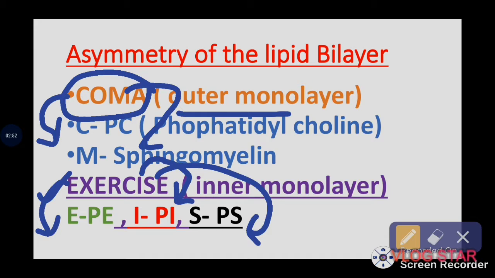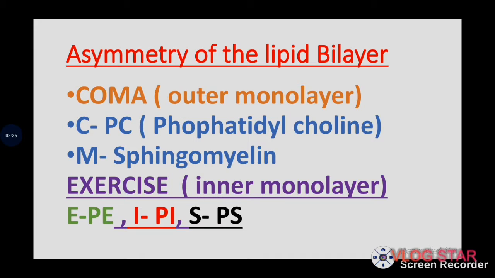So these are the various phospholipid molecules that are present in the inner leaflet of the bilayer. You have to remember that phosphatidyl ethanolamine is a very important membrane lipid which promotes the curvature of the bilayer. And phosphatidyl serine is also very important, because if phosphatidyl serine is present on the outer leaflet, then it can lead to cell destruction as well as blood clotting. So we have to memorize which phospholipid is present in which leaflet.